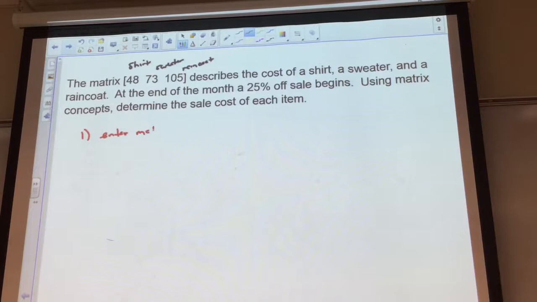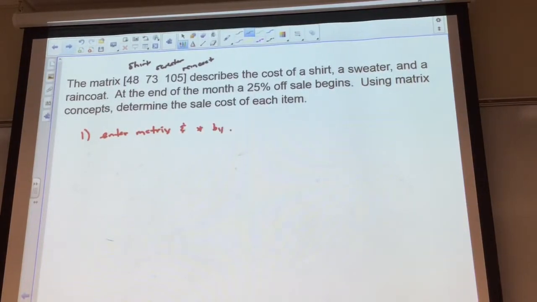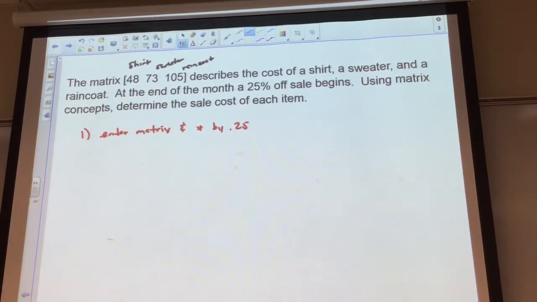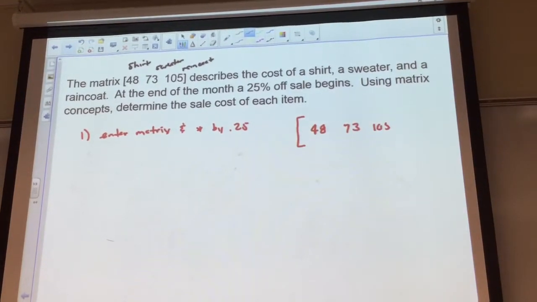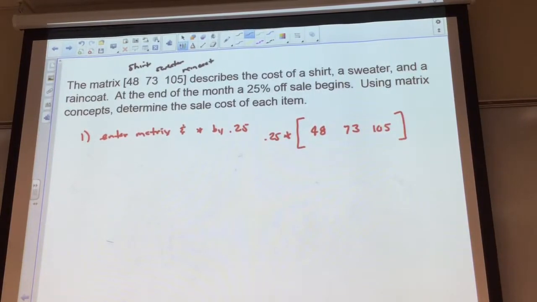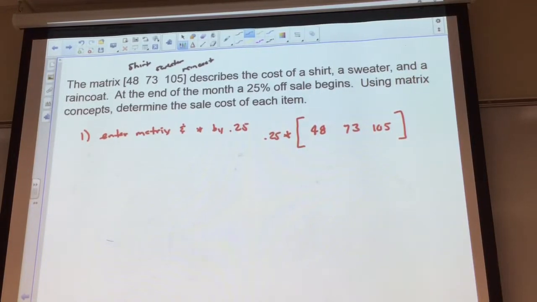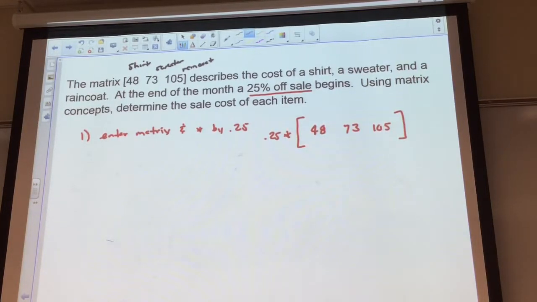Enter the matrix and multiply by 0.25, which is a scalar multiplication problem. So that means that we could go to matrix A and we could say we have 48, we have 73, we have 105, and we can multiply that by 0.25. But it's a 25% off sale. So this is going to give us,